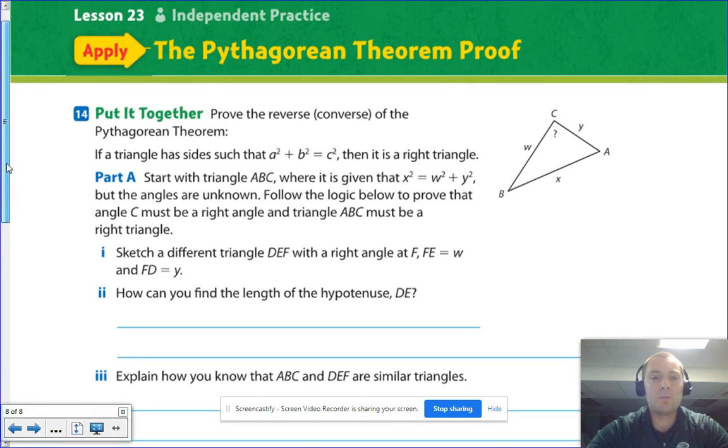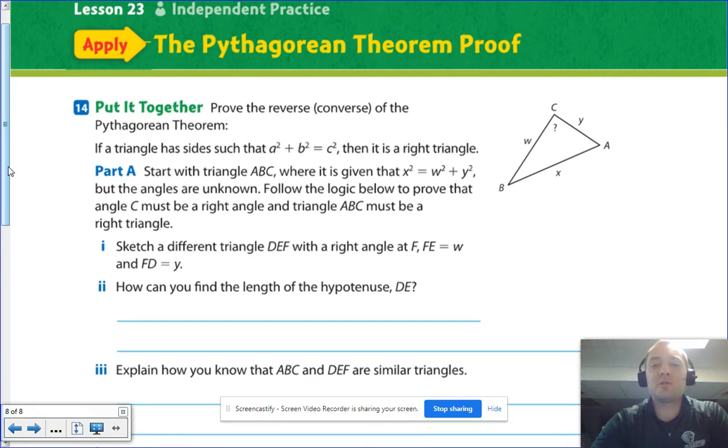Number 14, put it together. It says prove the reverse, or the converse is another name for it, the reverse of the Pythagorean theorem. So the reverse would be if a triangle has sides that make a squared plus b squared equals c squared, then it's a right triangle. So let's just break this down. Where it says part A, start with the triangle ABC. So we've got that triangle right up here,